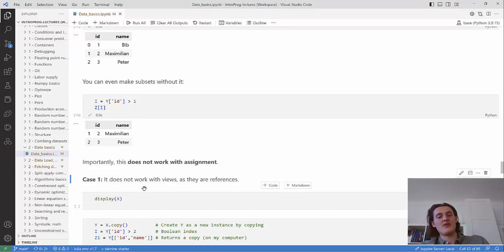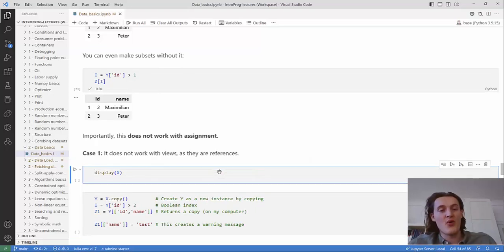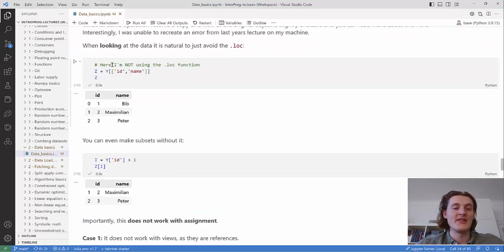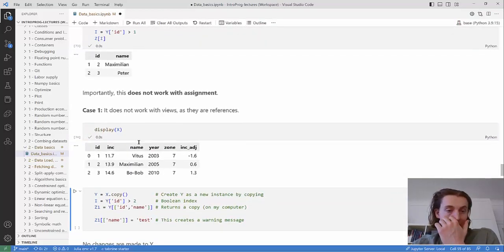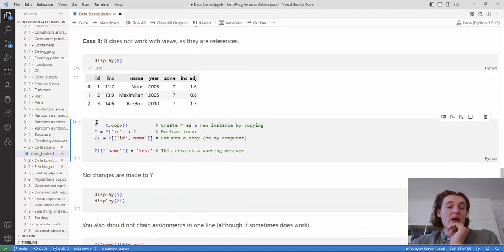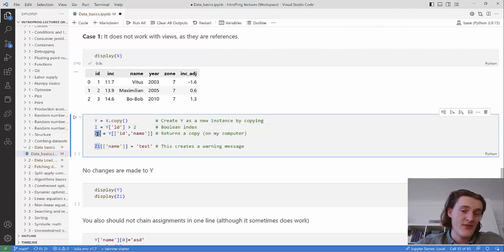But when you're actually doing assignment, so assignment of new variables or changing of variables, then you should be a bit more careful and not just create new variables and make changes in them and hope the changes revert back. Yeah, so go back to x. If we create a copy of x, and we make a Boolean index from our new copy y, and then we can create a subset of y